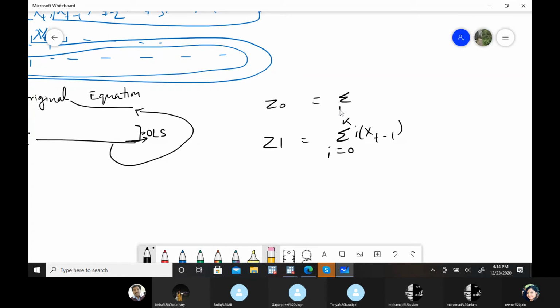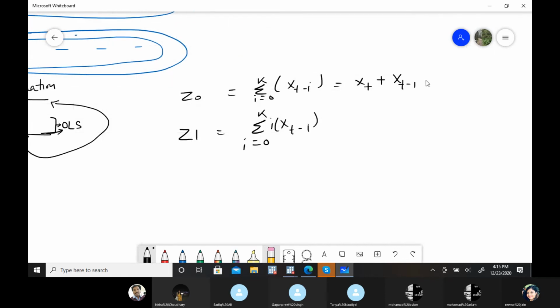Z0 has xt minus I with the lag length, a summation of all the lags. Here there is no I coefficient, so first you put I equal to 0, so it is xt, then plus xt minus I with I value 1, then plus xt minus I with I value 2 plus xt minus I with I value 3, because we have decided that we have to take lags from 0 to 3. So this is our Z0.